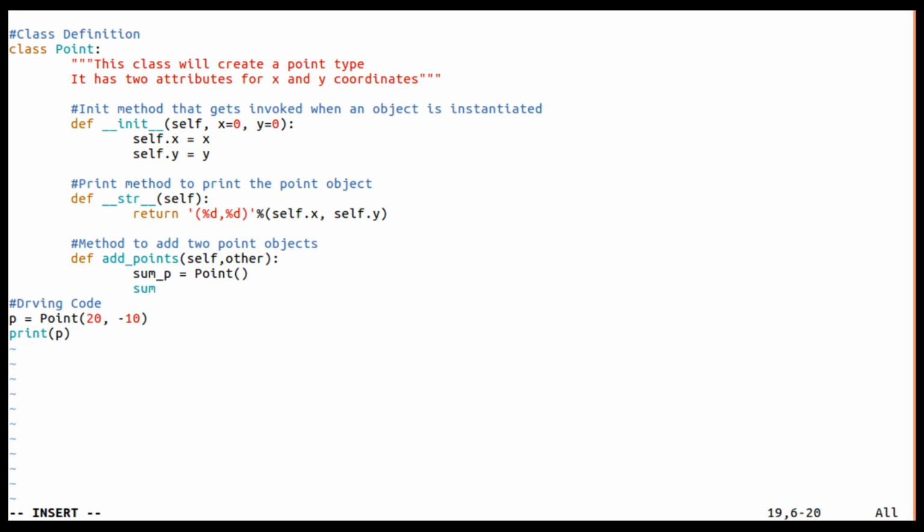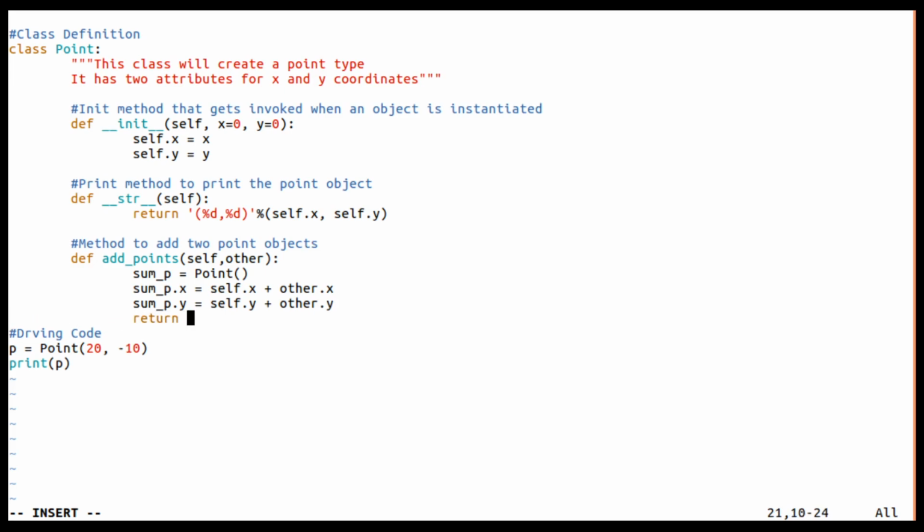Now sum underscore p dot x is equal to self dot x plus other dot x. Similarly, sum underscore p dot y is equal to self dot y plus other dot y. And later return sum underscore p.